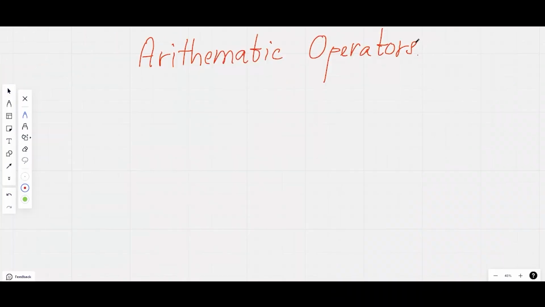Welcome back. In the previous class, we discussed what operators are and how many types of operators there are in C++. Today, we'll do the very first one, which is the arithmetic operator. If by chance you don't have any idea about programming, but you have learned mathematics in school, you're going to see pretty common operators which you have used. Arithmetic operators are probably the easiest to understand because you can relate them to maths directly.